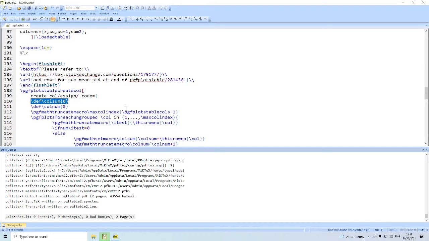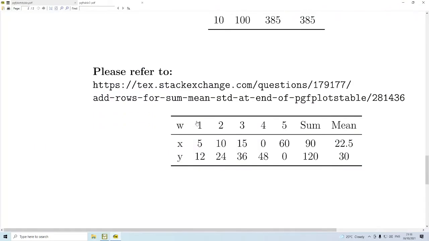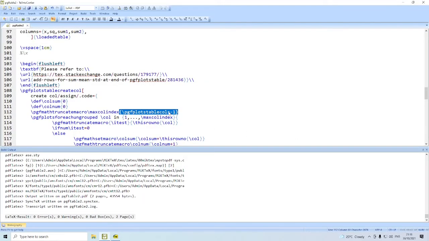To begin with, \def\colsum equal to 0, \colnum equal to 0, and then he defines a max col index using the \pgfmathtruncatemacro, and the value of \maxcolindex is \pgfplotstablecols minus 1, because he doesn't want to sum the first column. Therefore, he would like to sum only the remaining columns. Therefore, he uses minus 1.